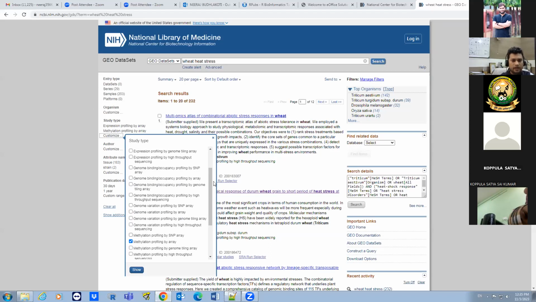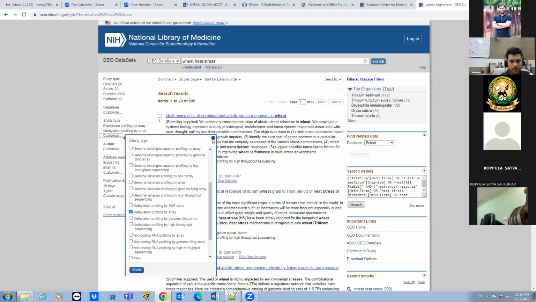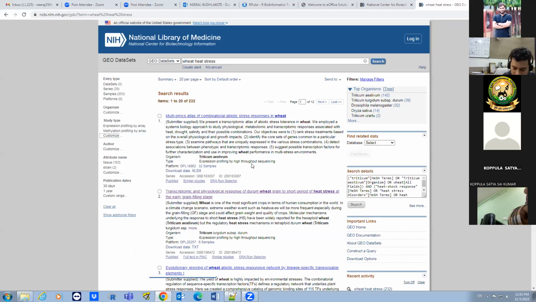You will get data related to that only. This is called Gene Expression Omnibus, where data related to expression like transcriptome, microarray, RNA-seq, ChIP-seq, and a number of technologies are deposited under the GEO dataset category.